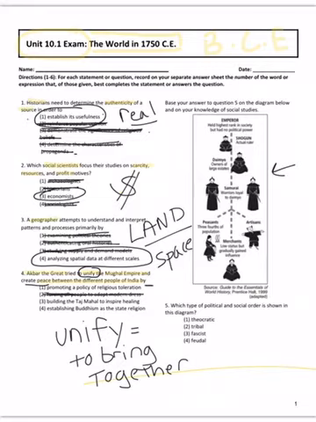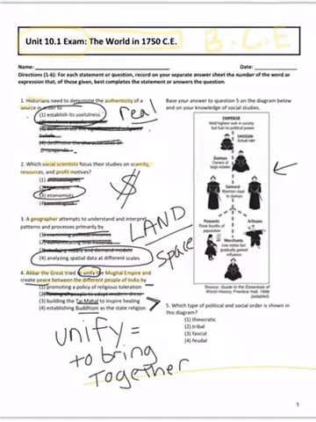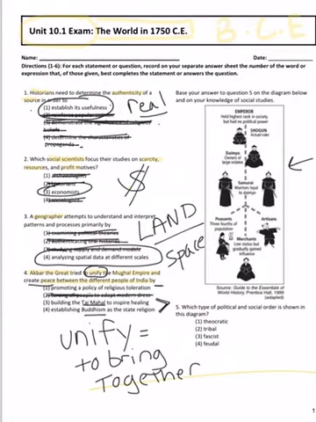But I am going to tell you another little trick for taking a Regents test. These 2 questions are very localized. They're very small. They're talking about one building and one religion. This answer choice is talking about religious toleration. It's more broad. It's broader. So pick the broader one. So I'm going to pick number 1, promoting a policy of religious toleration. And I know that's right. So number 1 is correct.